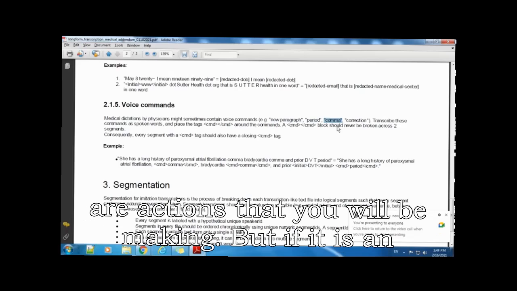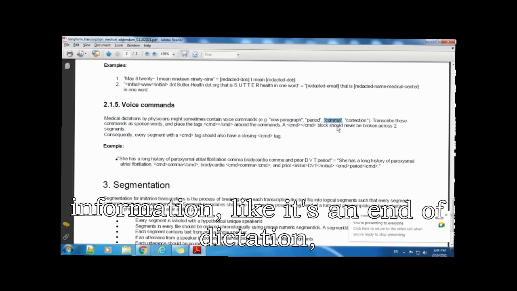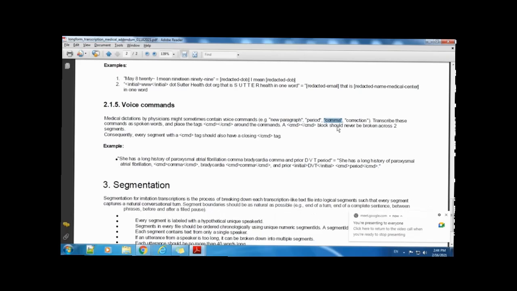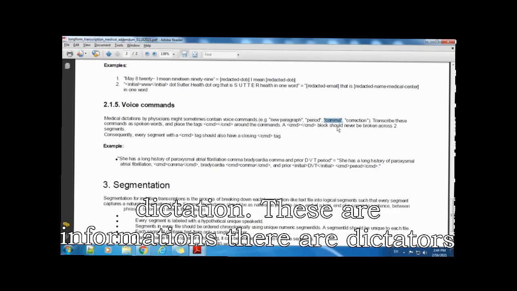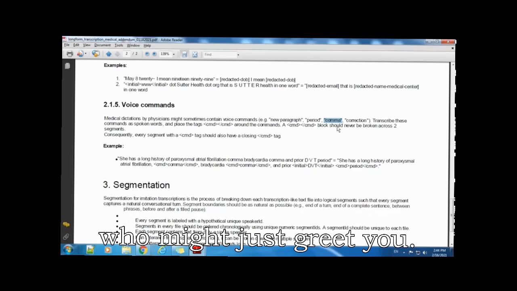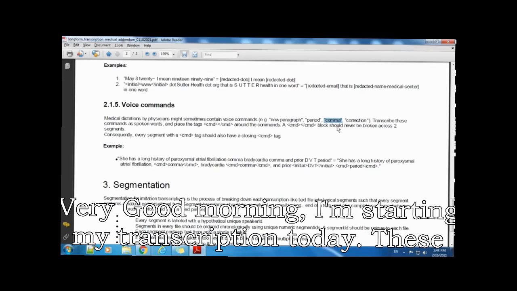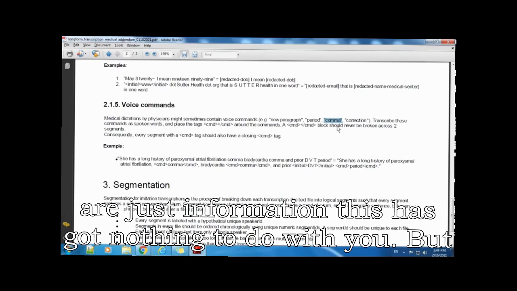These are actions that you will be making. But if it is information, like it's the end of dictation or the start of dictation, "Hey, good morning, I'm starting my day today with this new dictation," these are information. There are dictators who might just greet you: "Very good morning, I'm starting my transcription today." These are just information.